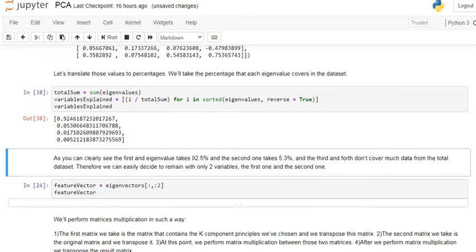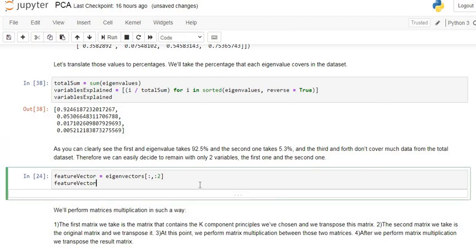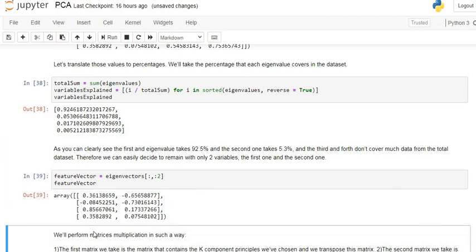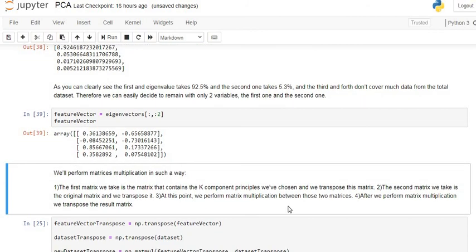So in the next step we make a matrix of the first 2 eigenvectors only. Here we can see this is the first eigenvector, associated with the first eigenvalue, which consists of larger variation, and this is the second eigenvector, associated with the second eigenvalue. Now we will perform matrix multiplication of these eigenvectors and our original dataset.